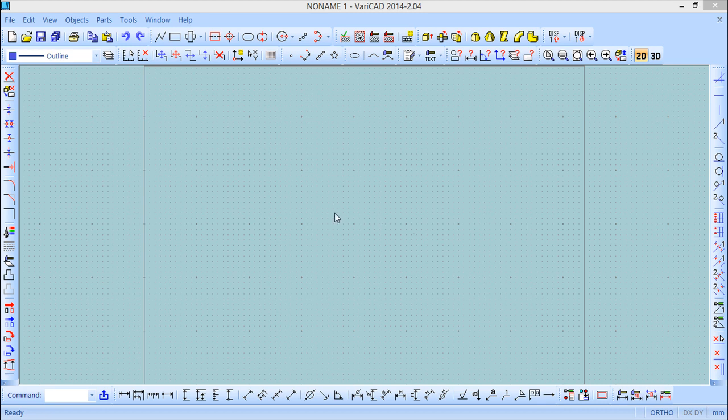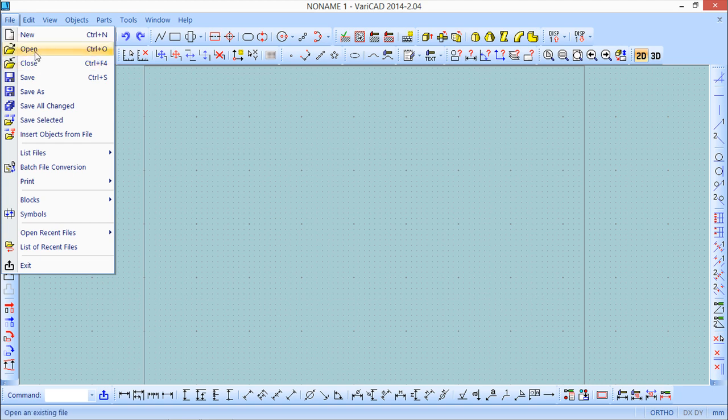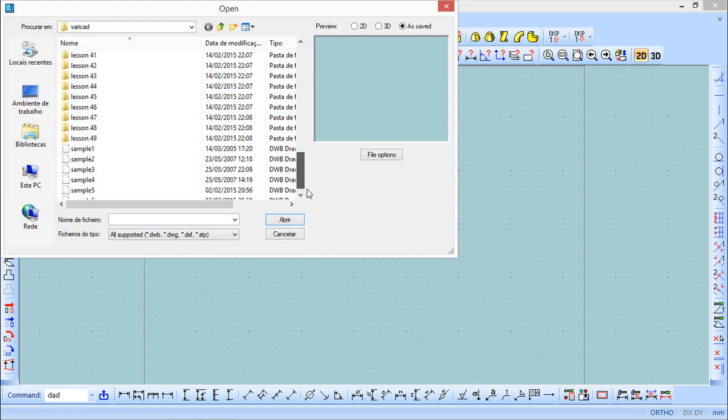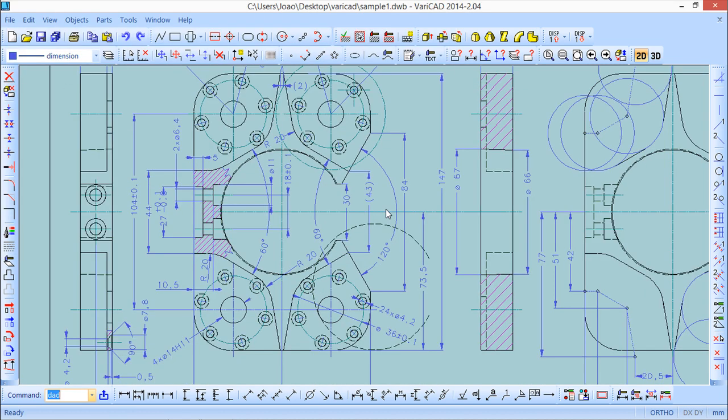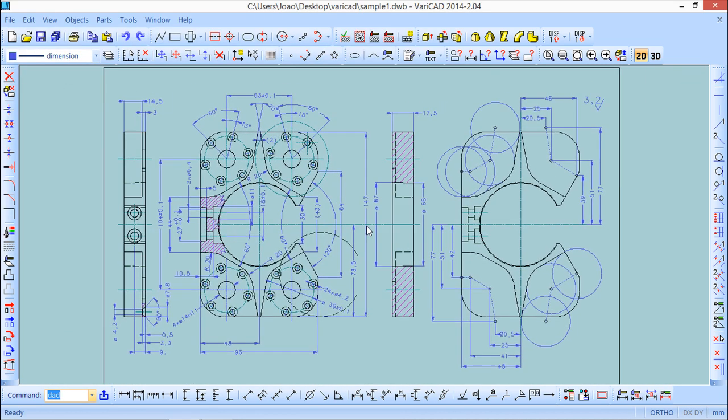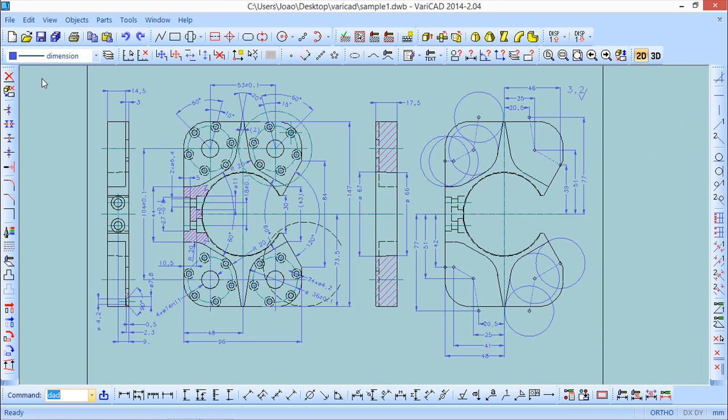To do so, we go again and call one of the files that VariCAD has by default on a standard installation. We go to the menu File, Open, and we will open the sample one drawing that comes with VariCAD. Okay, you know this drawing already. And now what I want to show you is